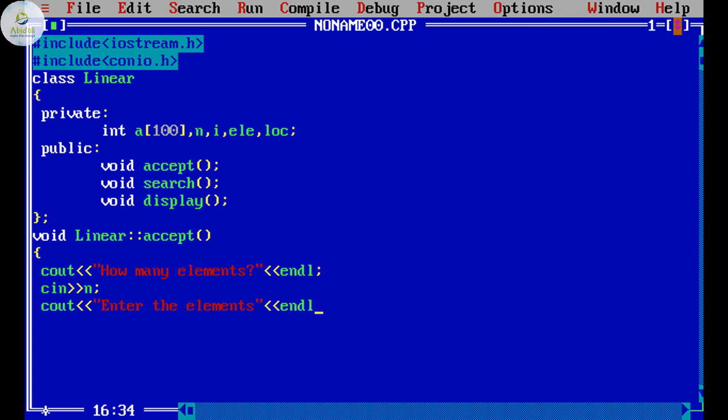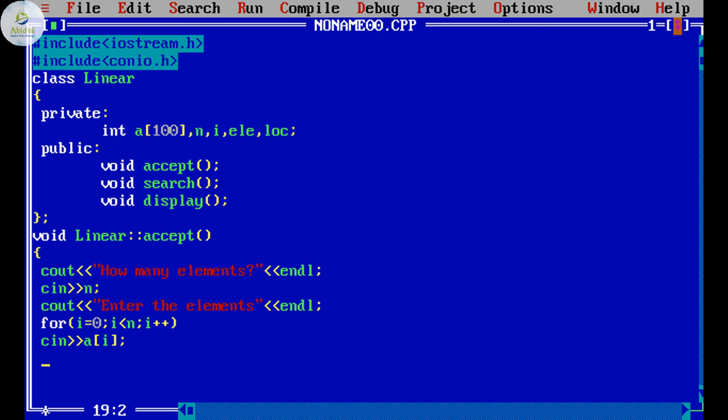Okay, the need of the elements is fulfilled by the loop beginning from 0. I will be less than the number of elements n. I will be increasing each time. Cin will be taking a of I as input. This is the reading algorithm.